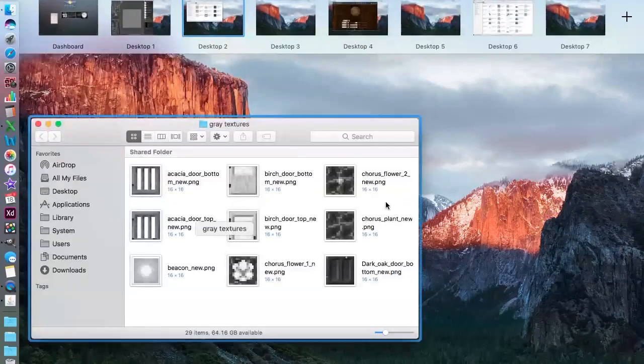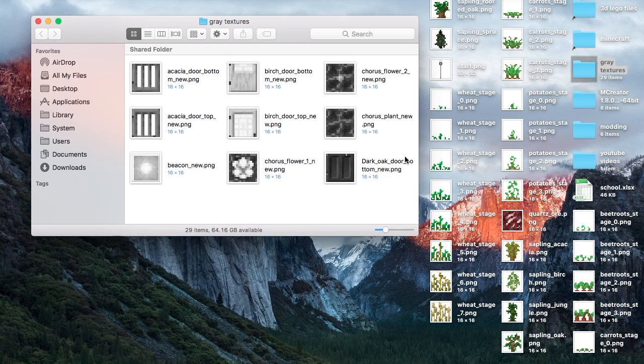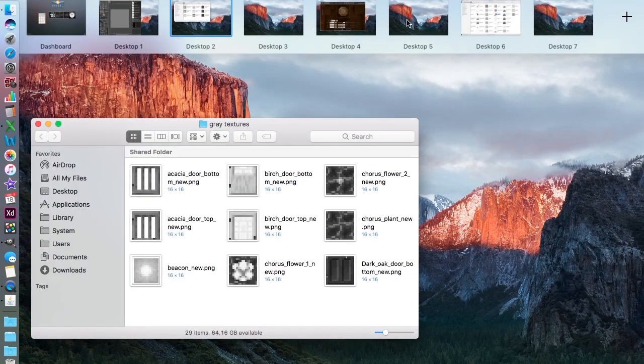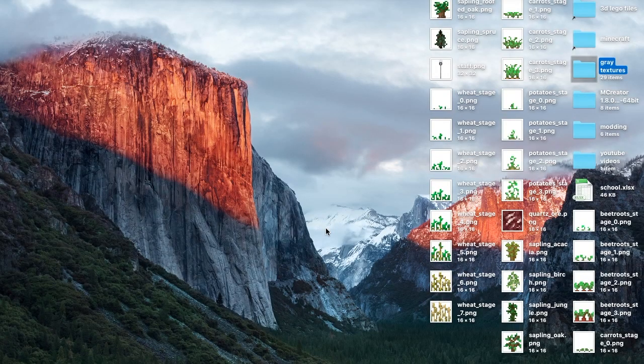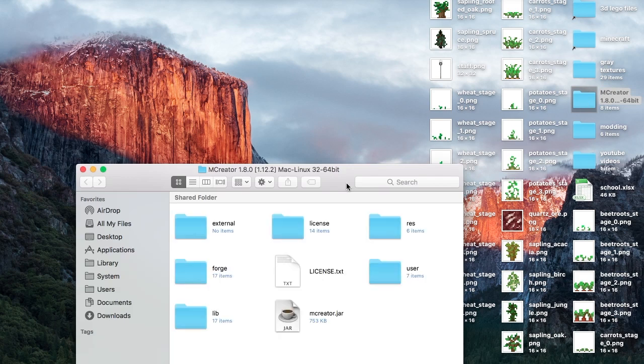Okay, now it's time to show you how to import into Mcreator. What I mean is import all of the gray scale textures. One note, all the textures will need to be 16 by 16 or they will not work. So to import these, you'll need to go into the Mcreator folder,